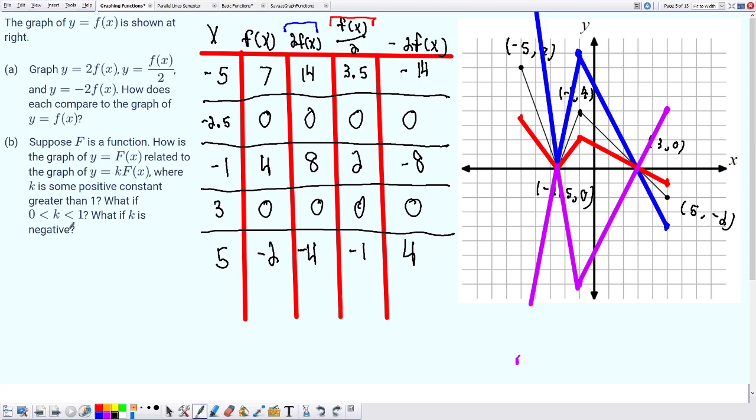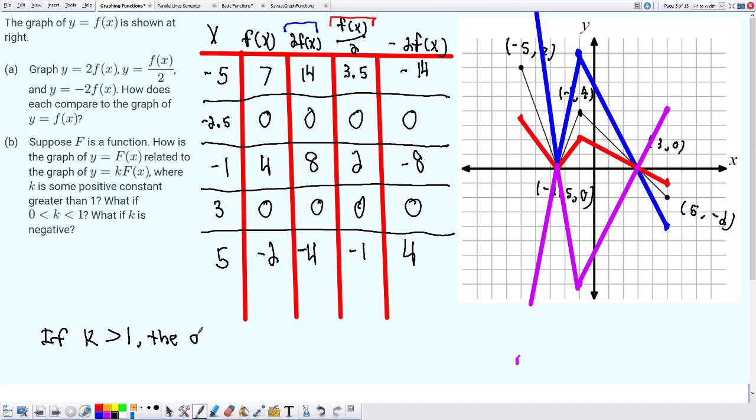So let's see what part B says. Suppose f is a function. How is the graph of y equals f of x related to the graph of y equals k times f of x, where k is some positive constant? What if it's greater than 1? Okay. If k is greater than 1,